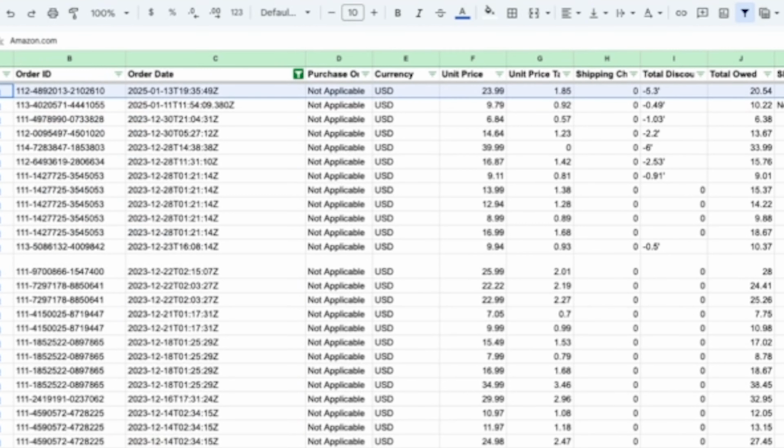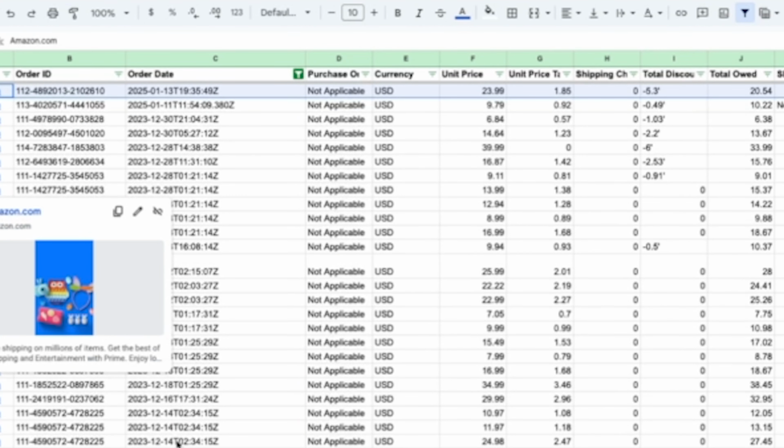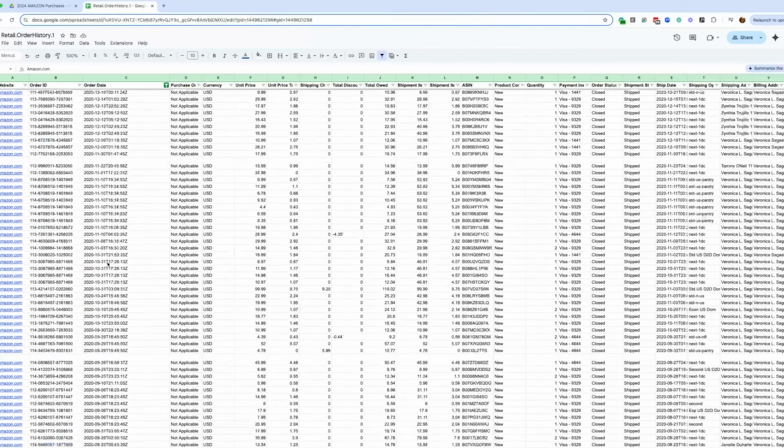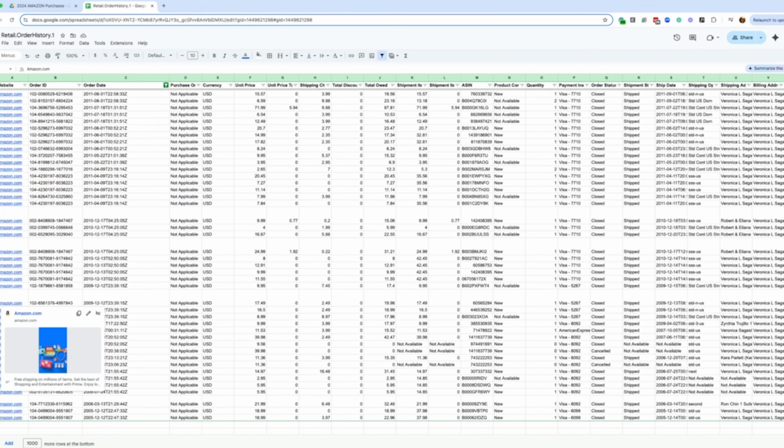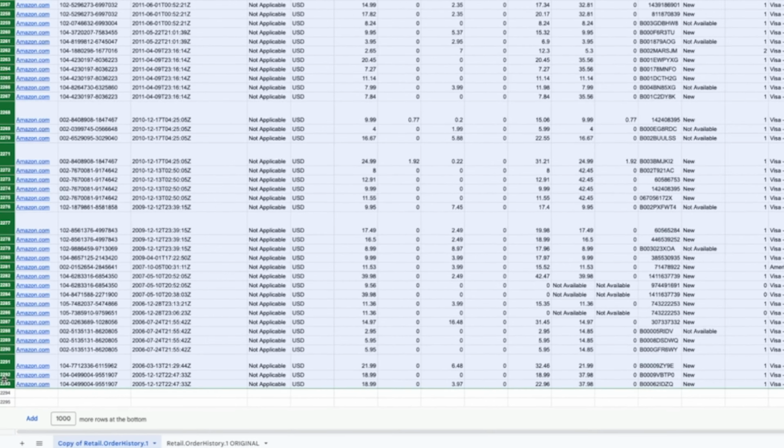Now I'm going to delete. I'm going to go to the very first row of all the transactions that are not highlighted, and I'm just quickly going to the very bottom. All I did was hold the shift key, scroll all the way down, and now I'm going to right click